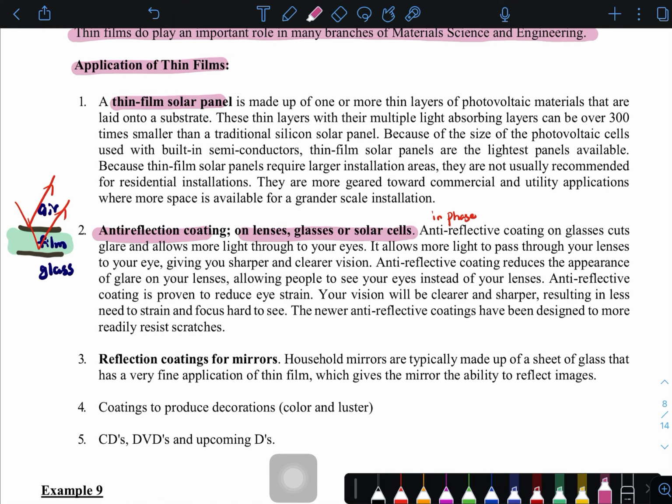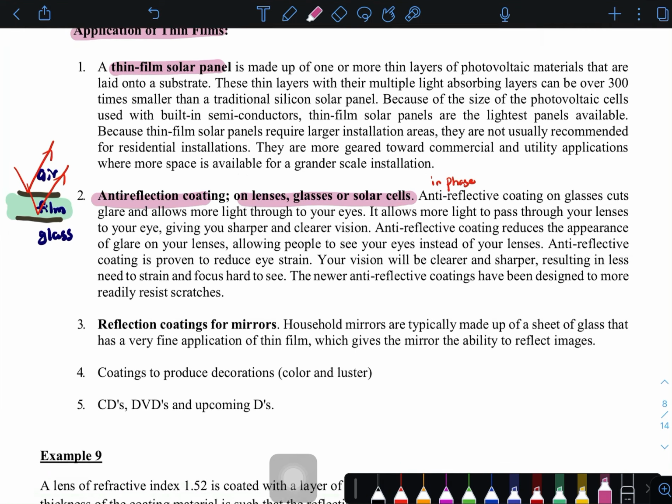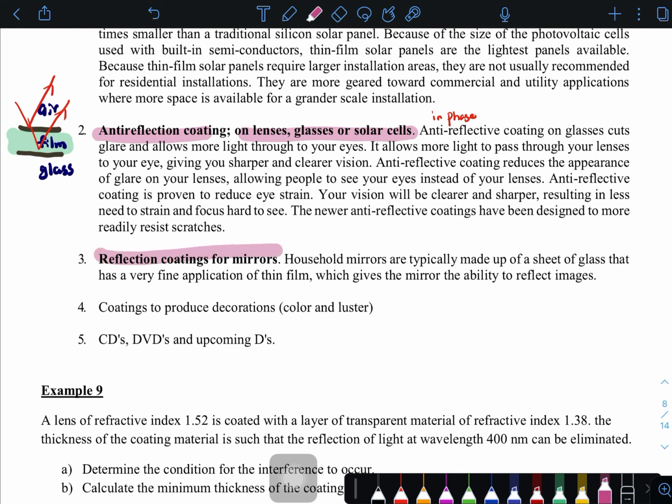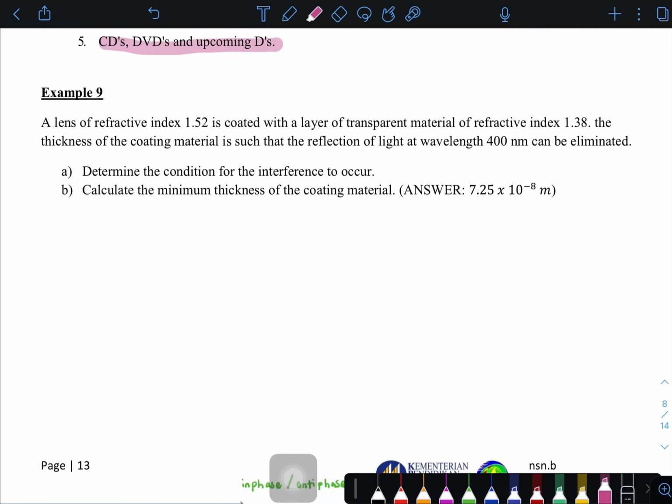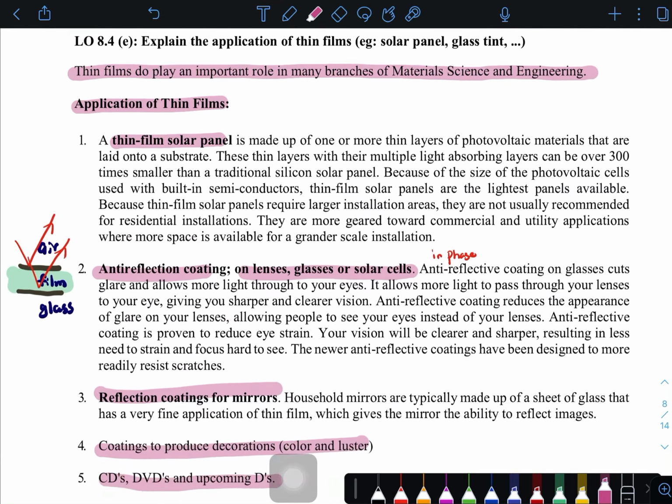Okay. Satu lagi yang you tampal dekat kereta atau dekat cermin tingkap rumah. Okay. And the third one, reflection coating for mirrors. Ni yang kita tampal dekat tingkap kita, yang macam kalau siang dalam boleh nampak luar, kalau malam luar yang boleh nampak dalam. So sebab ada thin film. Okay. 4 coating produce decoration, colours and luster, and the 5th one CDs, DVDs and upcoming days. Sebab tu kita nampak dekat CDs, kalau you kenal CD lagi lah, dia ada berkilat. Dan kalau tercalar, all the data dah tak boleh baca sangat. Okay, okay, so that's for the explanation. And kita